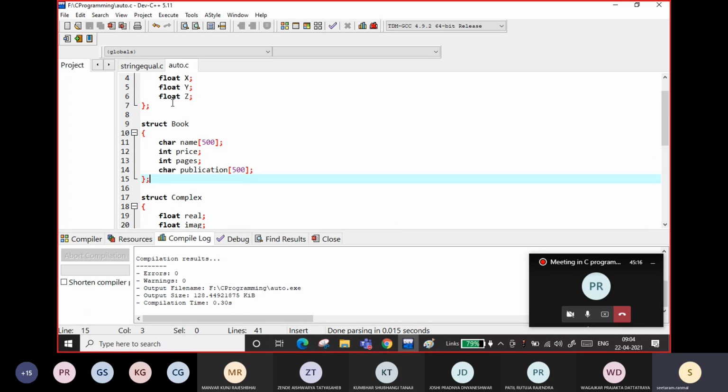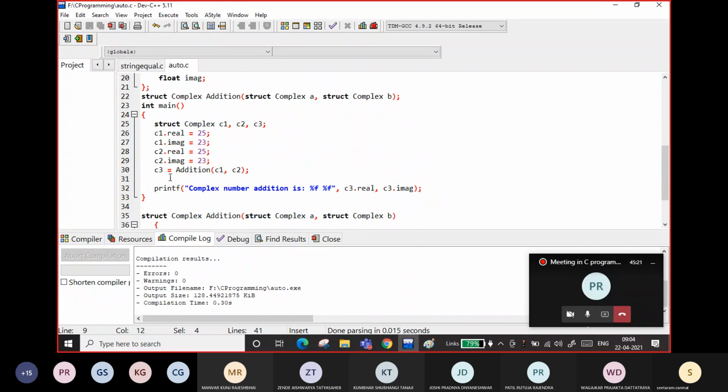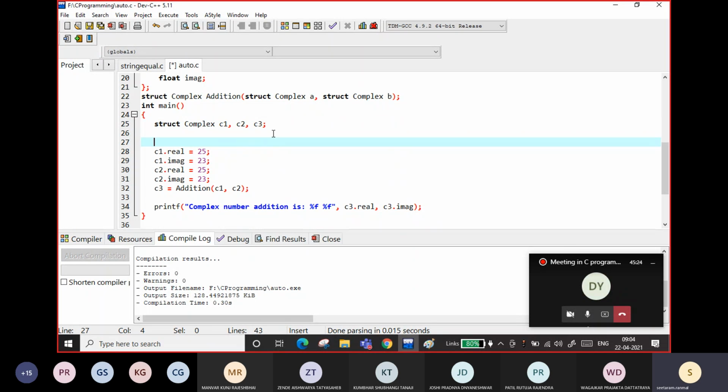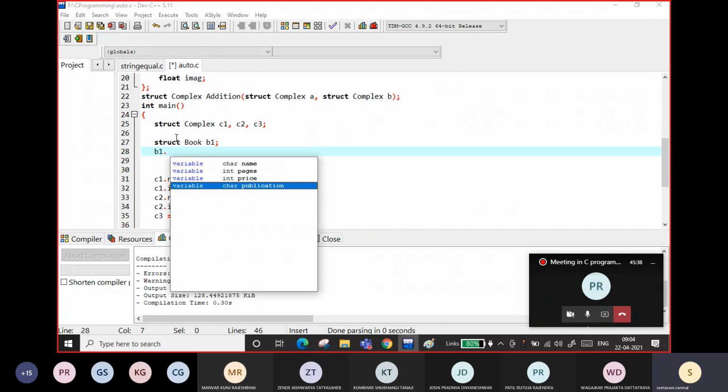So whenever I say book, if I define here, say, struct book v1, then I will have v1 dot, and it will have four members: name, pages, price and publication.